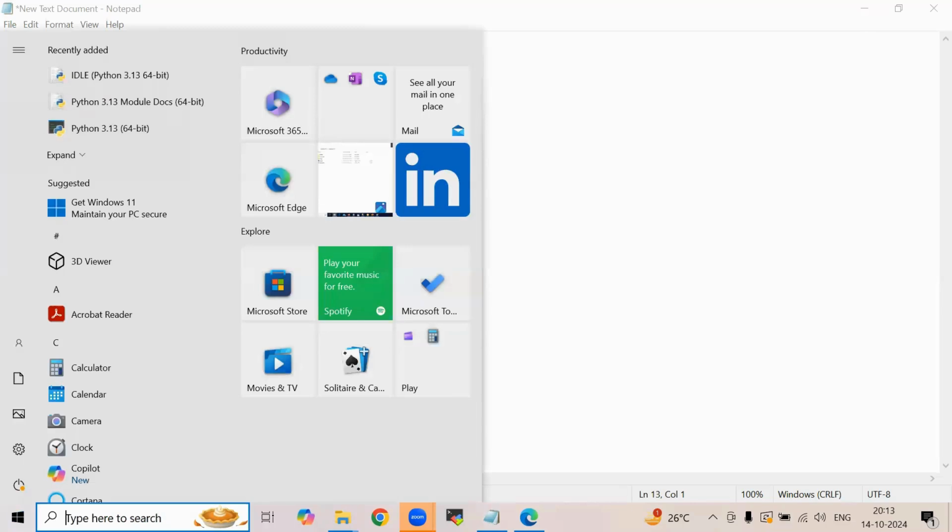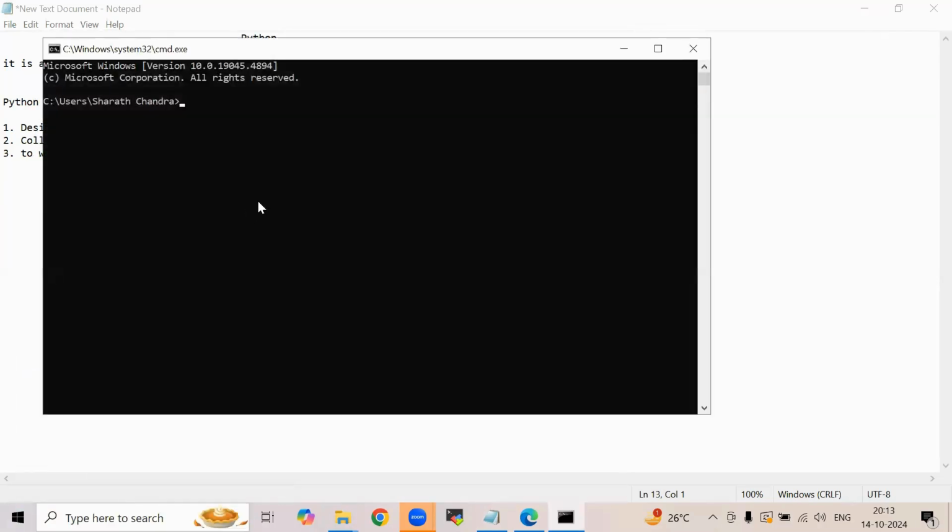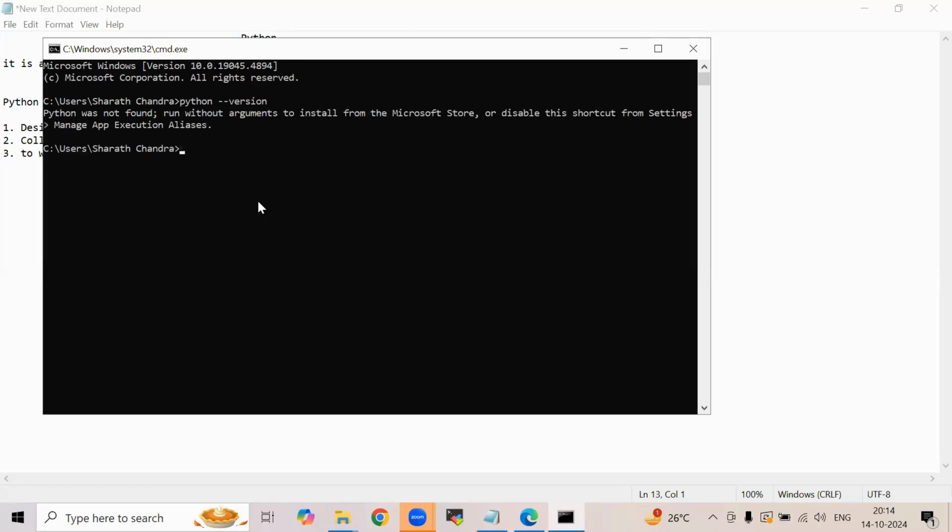Great, great. Now, how to use an environment variable? Let me go to CMD first and check for the Python version. Python was not found, it is saying, because we haven't added the environment variables.